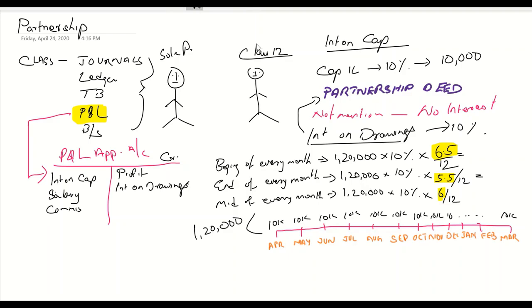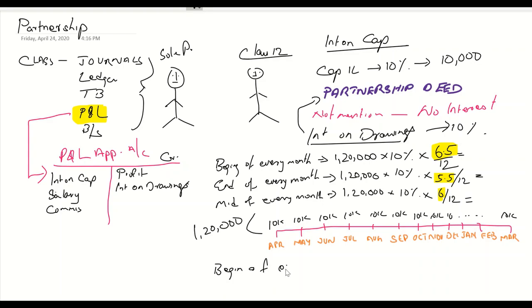In the question, if it says that the partner has withdrawn at the beginning of every month, interest will be calculated for 6.5 months. If it is at the end of the month, interest will be calculated for 5.5 months. If it is at the middle of the month, interest will be calculated for 6 months. Now, what if it is at the beginning